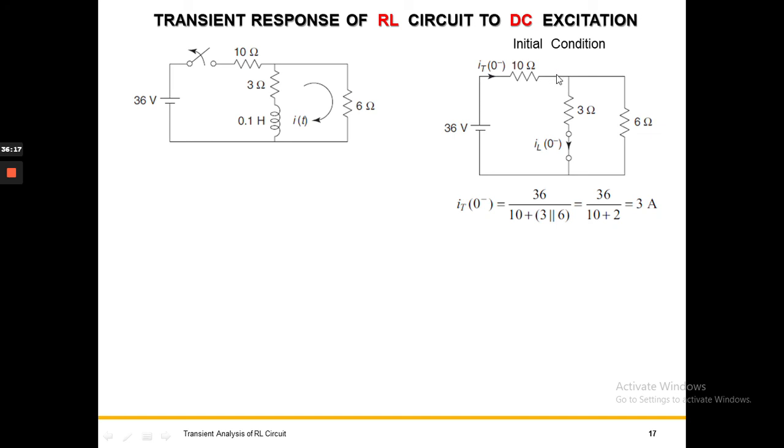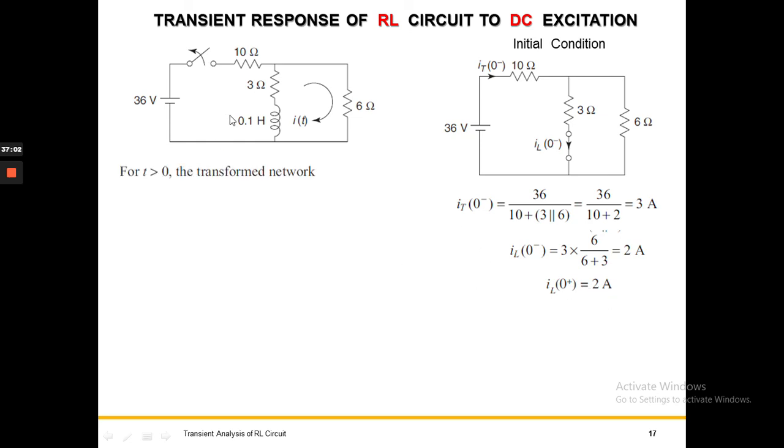This total current is going to split into two currents. This branch current will be the total current, 3 ampere, divided by the sum of the impedances, 3 ohms plus 6 ohms, into the impedance of the other branch, which is this resistance 6. So you will get 2 ampere. Initial current through the inductance will be 2 ampere. That determines the independent voltage source in series with the inductance in the frequency domain. Since inductance current cannot change instantaneously, just after opening the switch that current remains the same, 2 ampere.